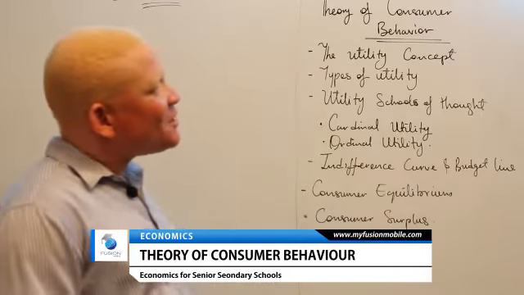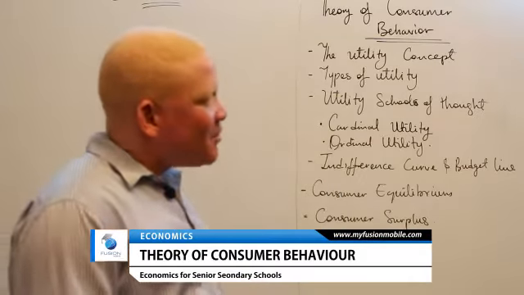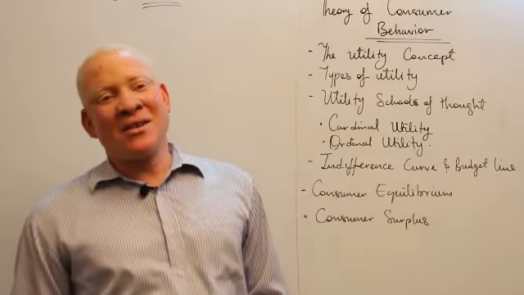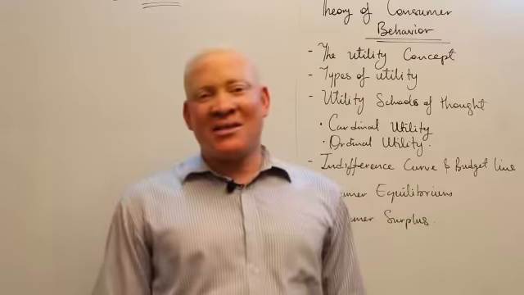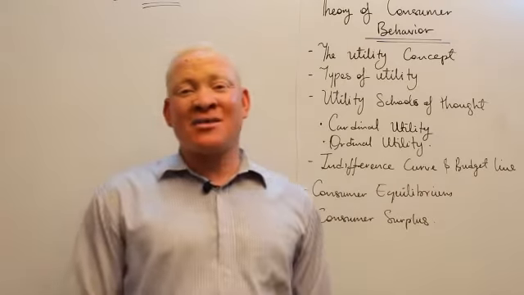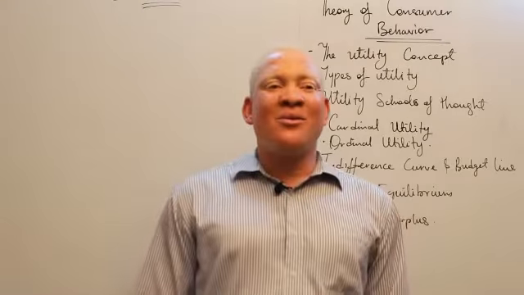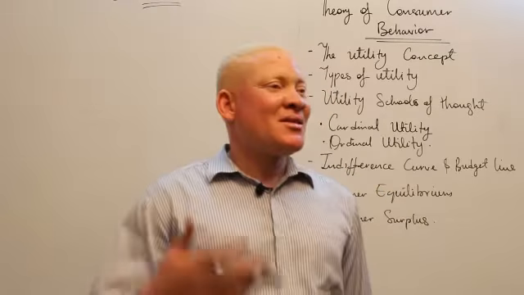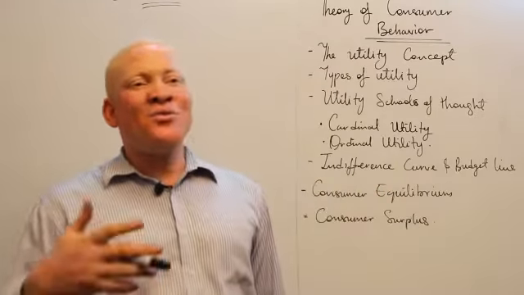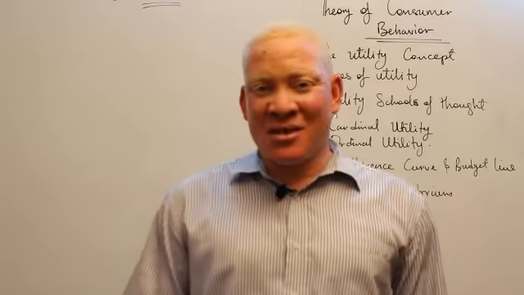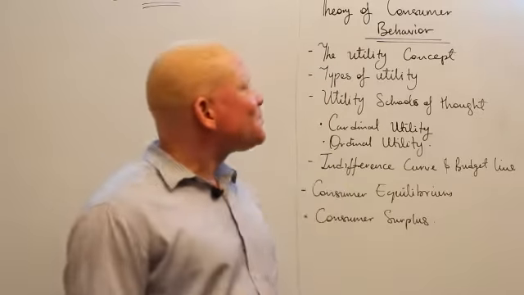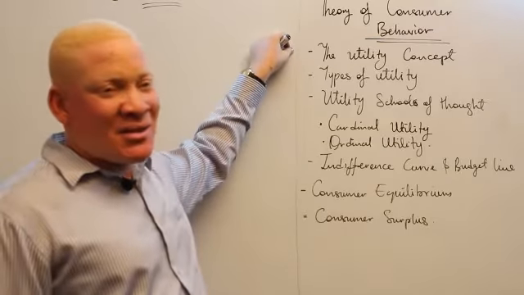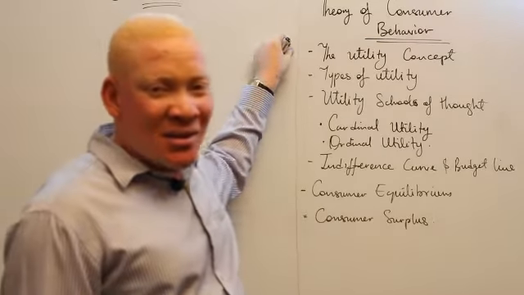Now the first thing, because we just mentioned that at the point where he will continue to exchange his preference. Preference, another word for it, of course, is satisfaction. So he has to derive satisfaction. Every human being or consumer wants to satisfy his wants. So in other words, he has to weigh the level of satisfaction he will get. So the first point in our study will be the utility concept.